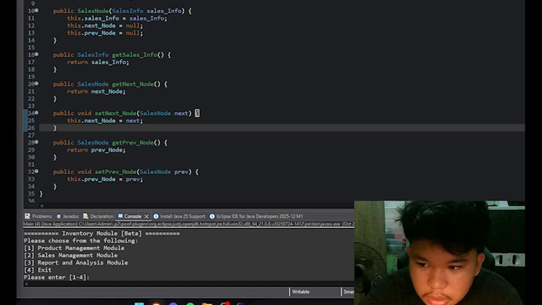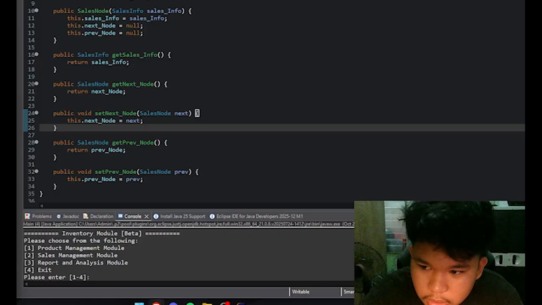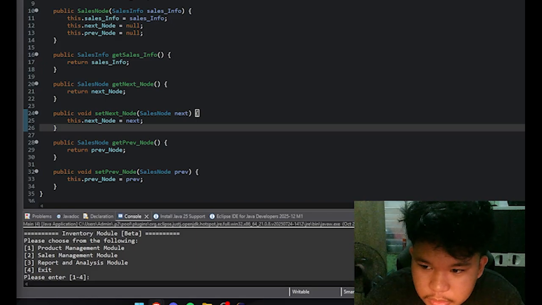Next, in terms of displaying data, just like what I've said earlier, it is used for traversing the data in the system. This is the class in charge of traversing forward or even backward. With the use of traversing forward and backward, it is also used for displaying the data or the views of the sales list.